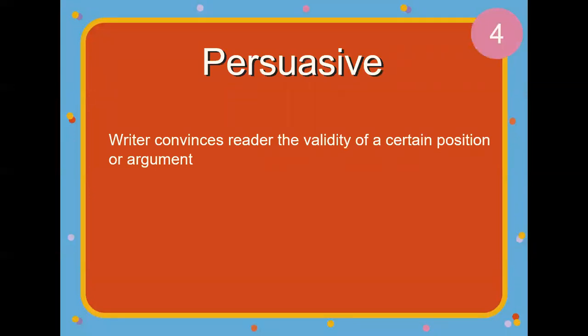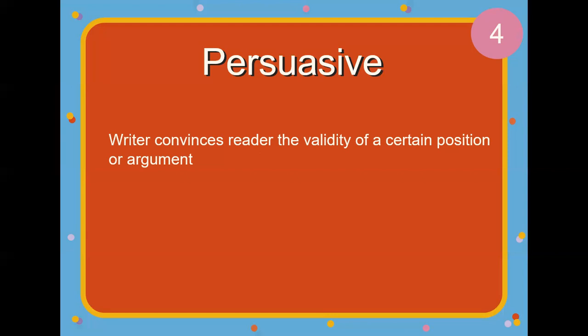In the persuasive style of writing, the writer convinces the reader of the validity of a certain position or argument. And this persuasive style could be done in the form of giving instructions to the reader. It could be while we're reading a recipe book, the instructions that are written in the recipe book, we tend to be persuaded by the instructions, and we tend to follow the instructions strictly. And so therefore we are convinced that the writer has given the instructions properly, effectively, and so therefore we are satisfied with those kinds of instructions.